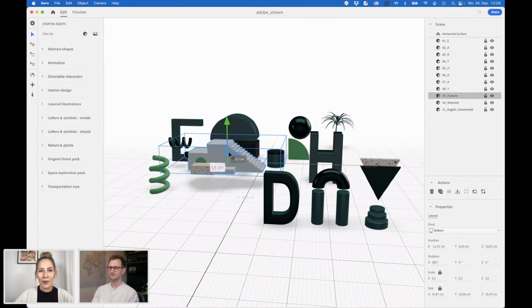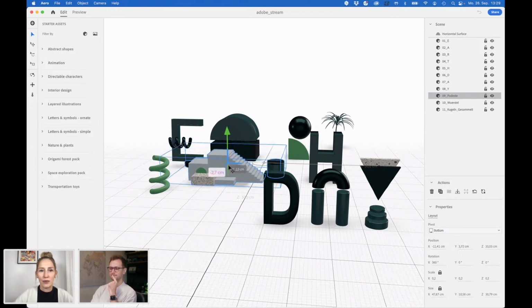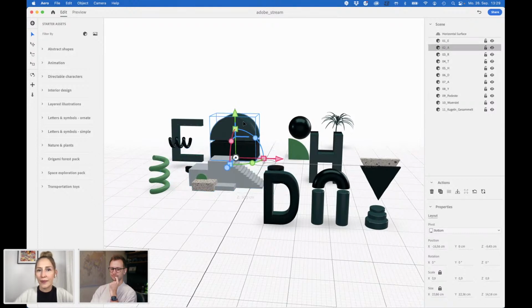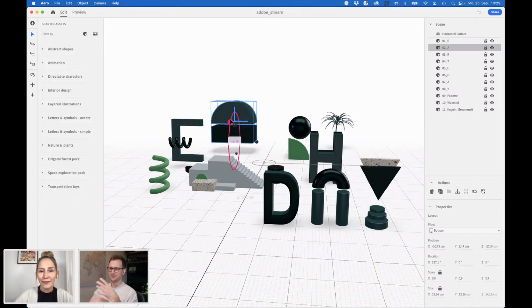So I'll put this one a little bit more, and we'll just put it on the ground. I can also imagine this would be a lot of fun for creating exhibition spaces. Yeah, exactly. Creative events love to have abstract shapes and things that make up a stage.